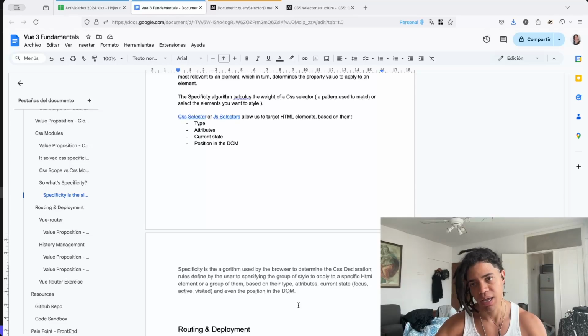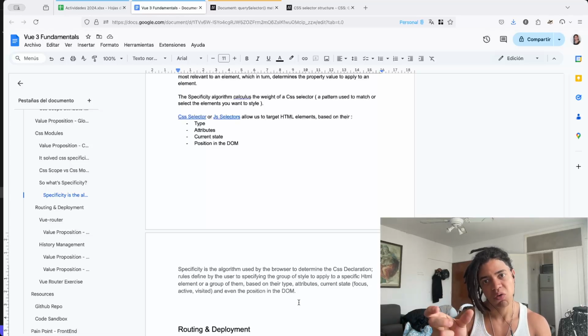Both of them are approaches that generate a hash, where scope generates a hash under the data attributes, okay? Where CSS modules actually generate a hash class for that. So increasing the specificity of the set of styles applied to the elements or a group of elements, right? So it's solving these